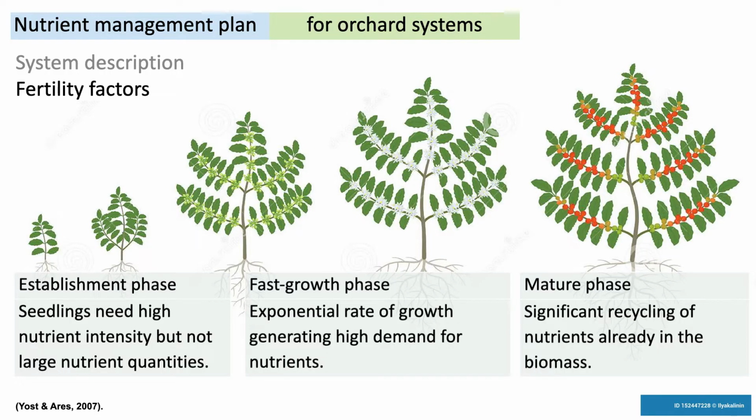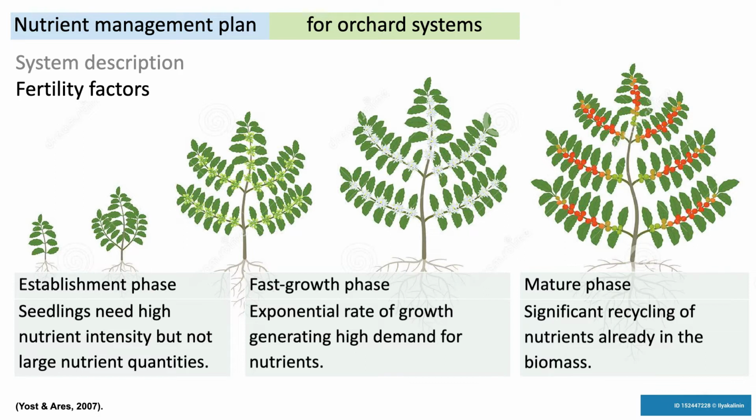Tree crops are very different than annual cropping systems. I have a lot of experience working in both perennial and annual cropping systems. You have very big differences, especially with respect to time, where we may think about the months to years it takes to establish the tree, then moving on to the fast growth, the years where the tree is rapidly growing, and then to the maturity phase. Now in each of these phases, we may manage nutrients differently to meet the needs, because the nutrient demand is different